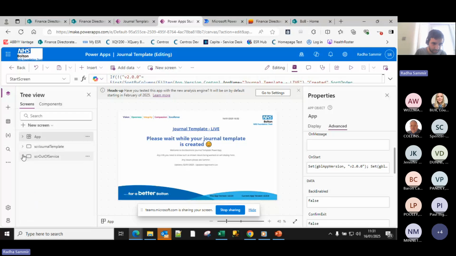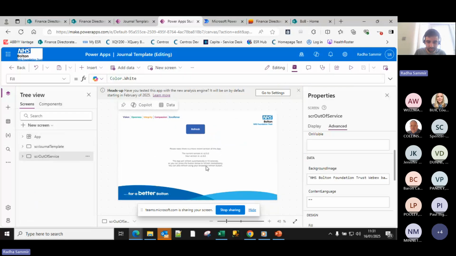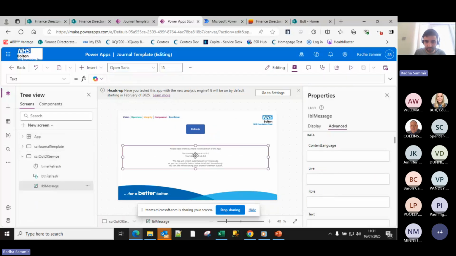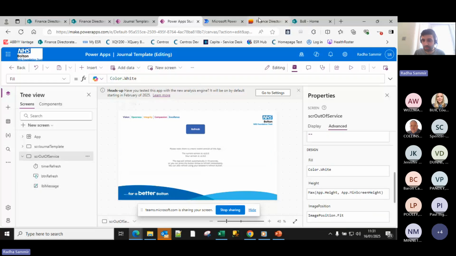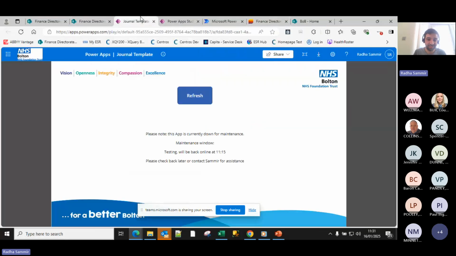We did have another screen on here, which was just the out of service one, and all that does is it does another lookup to the list to say this particular message, and then appends to it the latest maintenance window column from the app version control list, which is what you saw earlier,